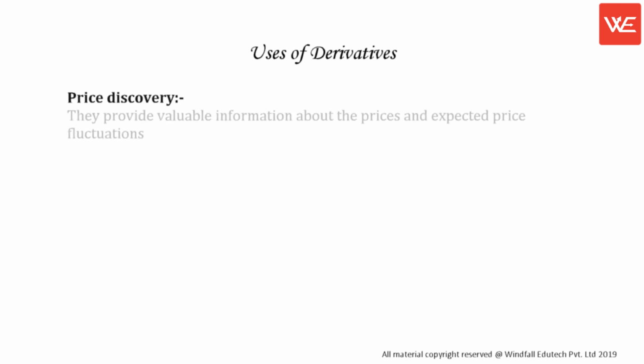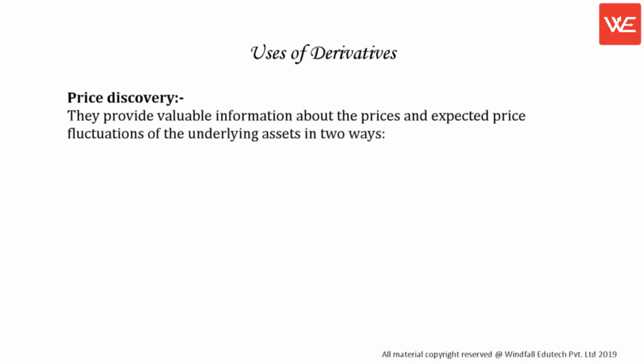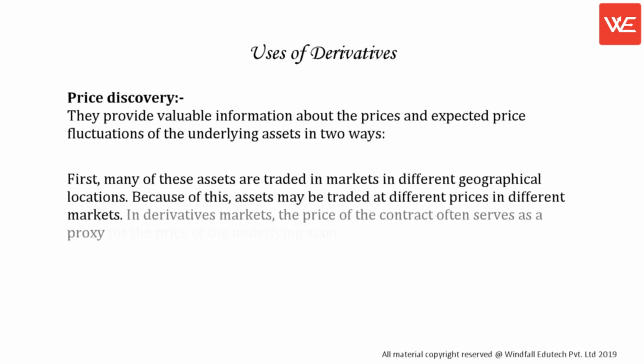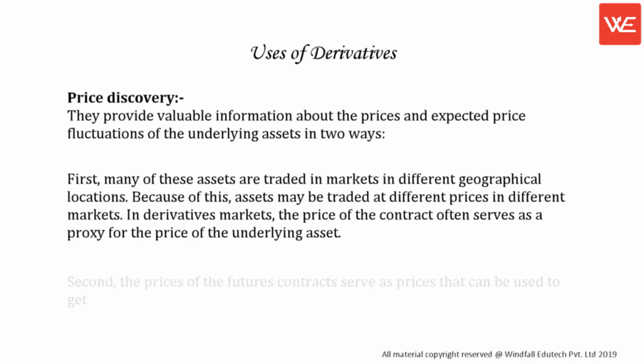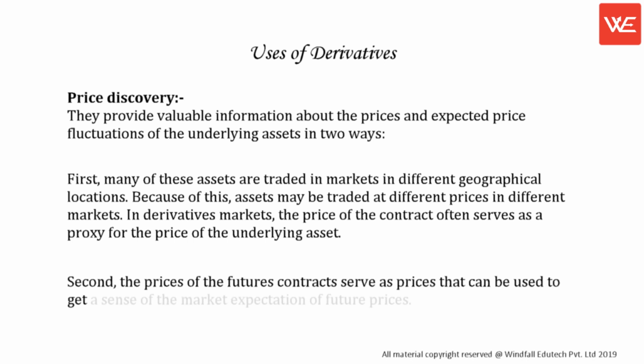Price discovery. They provide valuable information about the prices and expected price fluctuations of the underlying assets in two ways. First, many of these assets are traded in markets in different geographical locations. Because of this, assets may be traded at different prices in different markets. In derivatives markets, the price of the contract often serves as a proxy for the price of the underlying asset. Second, the prices of the futures contracts serve as prices that can be used to get a sense of the market